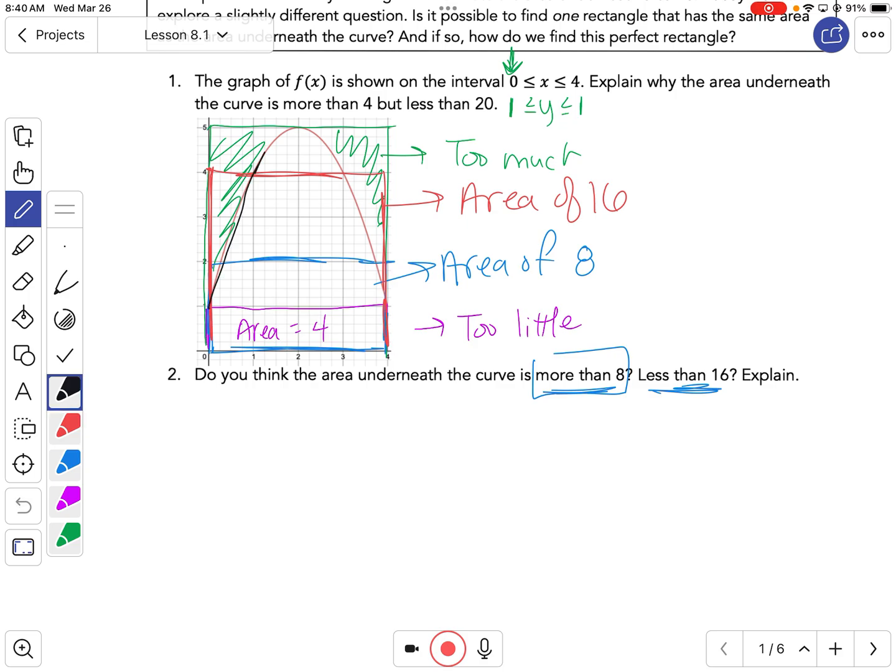So if this is my actual picture, that blue rectangle is still leaving a lot up there that's not covered, okay? 16, all right, it still looks like we have more outside of this rectangle than's left inside the actual curve under it, okay? So the answer to this is yes, all right? So it's got to fall between 8 and 16,